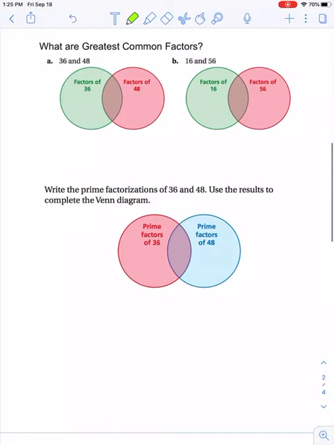Okay. So we're going to use Venn diagrams to talk about what greatest common factors are. What are greatest common factors? What does it even mean? So what we're going to do is make a list of all of the factors of 36 and of 48. And then we're going to put them in this Venn diagram. So factors of 36. I know 36 and 1